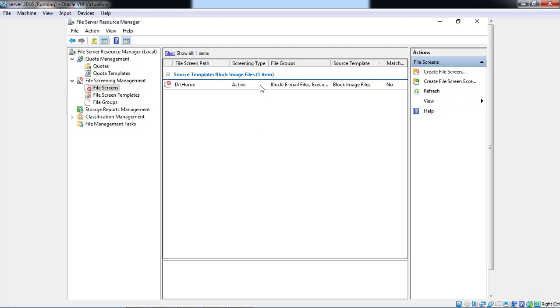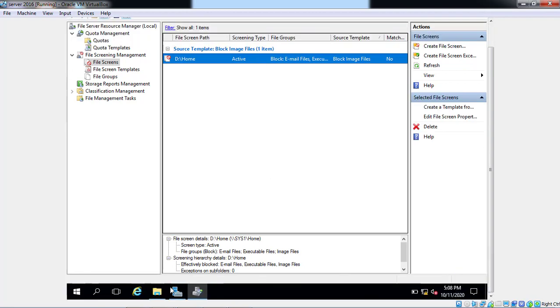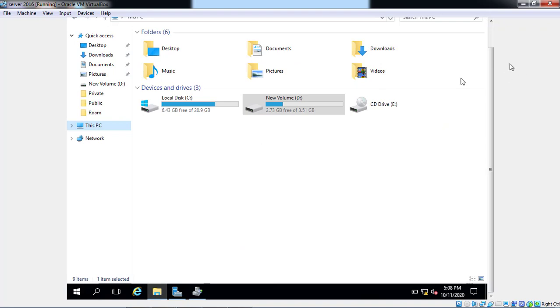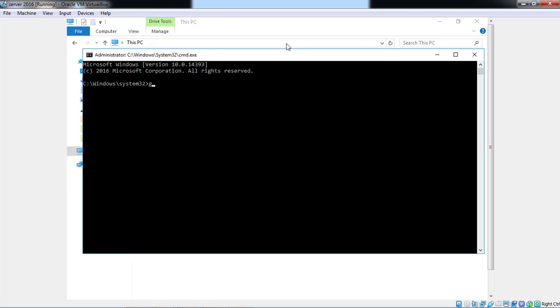So right now the first part of this practical is created. Now we can check first on our client side. For anything that we have done, we have to run gpupdate /force.